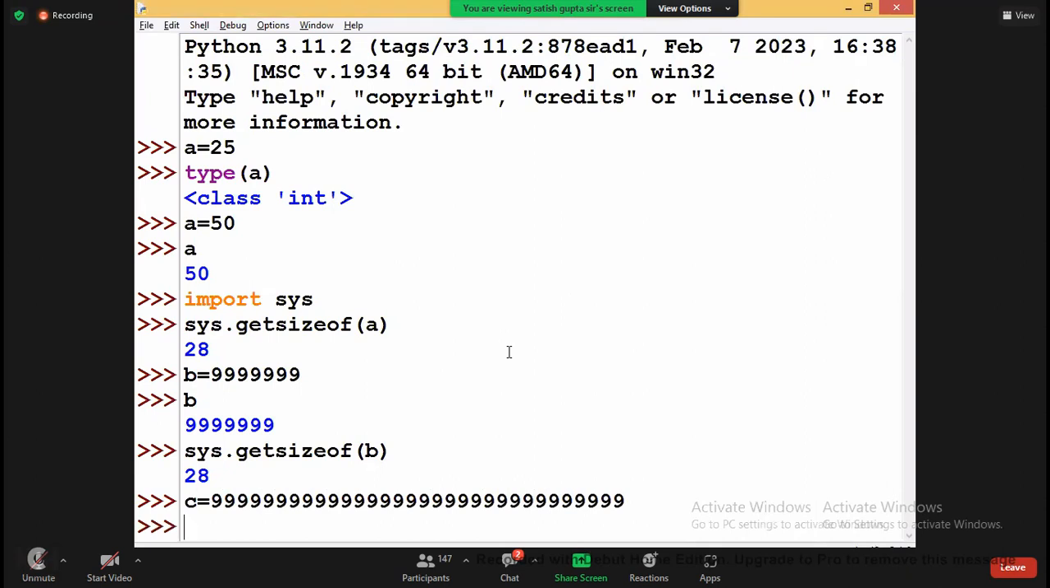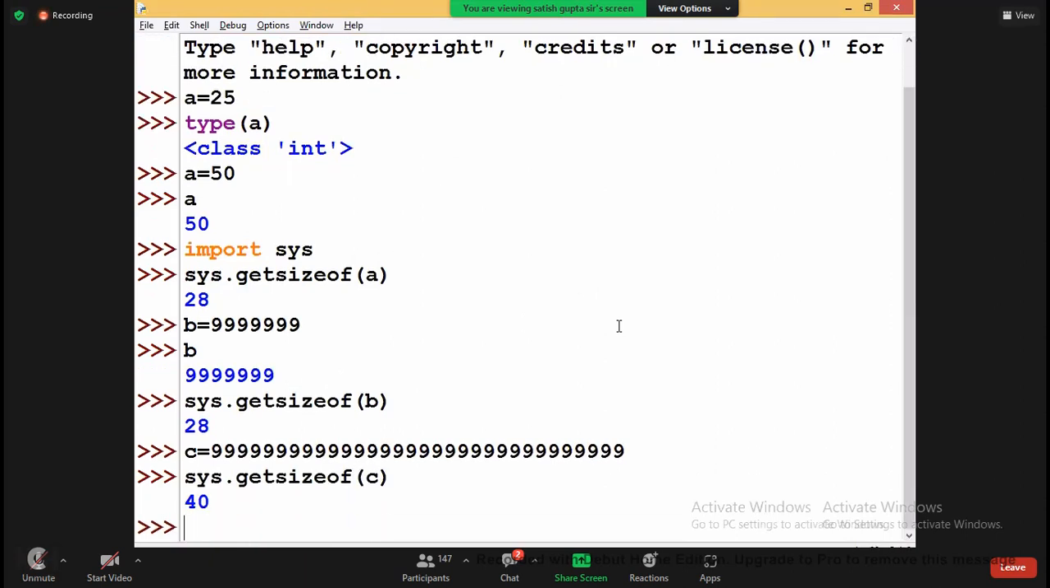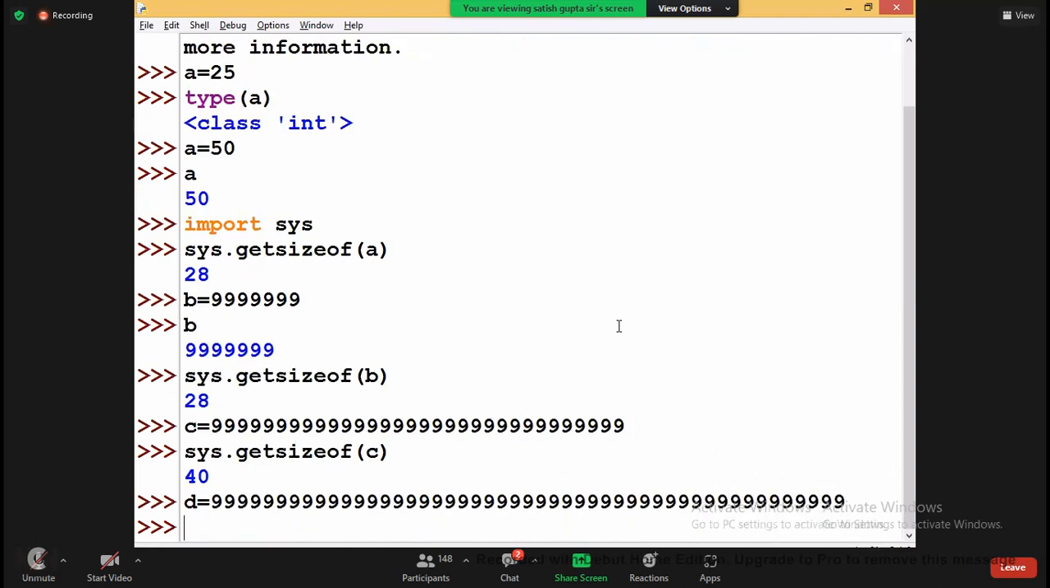Okay. Now I'm writing C equal to this value. Okay. This is a value. And if I say sys dot getsizeof, getsizeof which one? C. And what is the size of C? 40 bytes. Is the size of the integer data type fixed or dynamic? Dynamic. It means if I'm storing a much larger value in D, okay, then what is the size? sys dot getsizeof which one? D